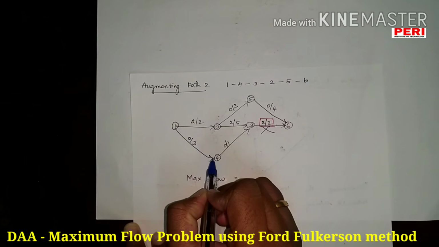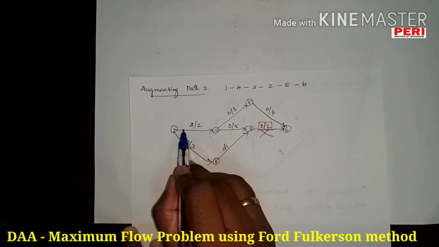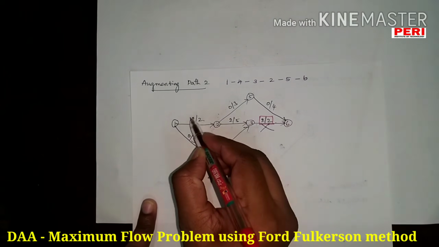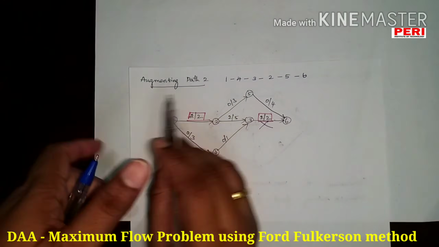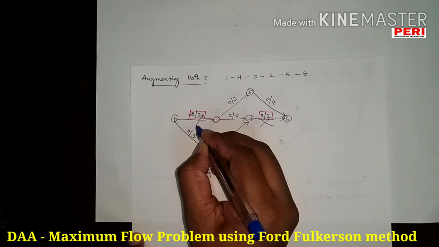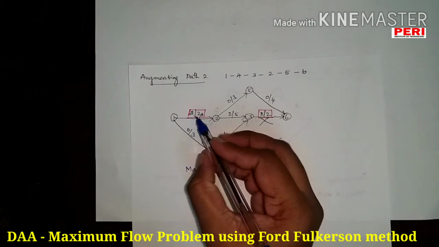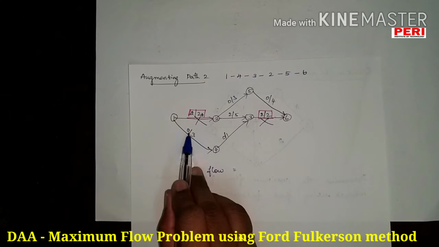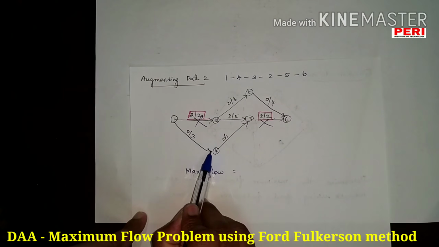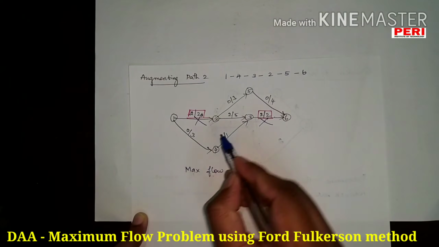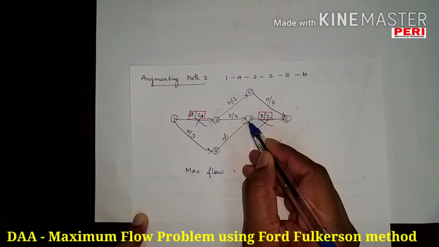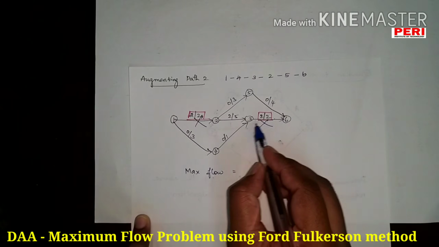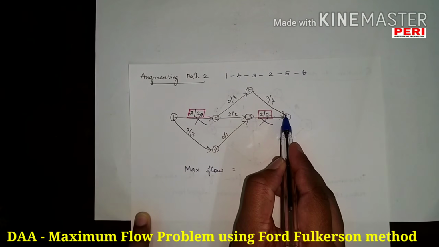Now if I take this way, for example, I cannot take this way also. Why? Because it is 2 by 2. 2 by 2 in the sense I cannot flow any other things here. Therefore it becomes blocked. This particular path also becomes blocked. So the only path that is available is 0 by 3, this path. So if I come by this path, next I will be moving through this path. Here I cannot reach the destination through this path, but I have a way to reach the destination.